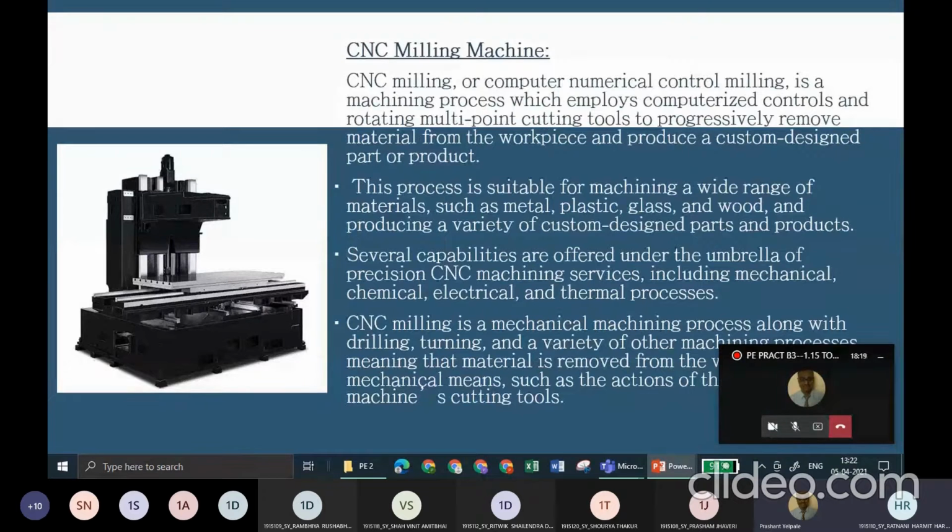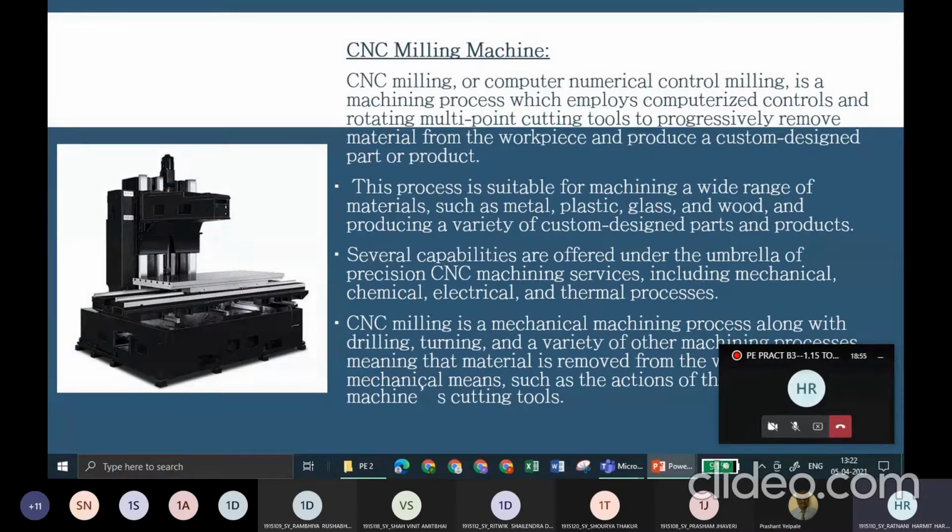As we can see, the CNC milling machine is also known as a computer numerical control milling machine. It employs computerized control, and rotating multi-point cutting tools progressively remove the material from the workpieces. Further, we are about to discuss the processes used for the CNC milling machine: first we design the CAD file, and then we convert that CAD file to a CNC program.